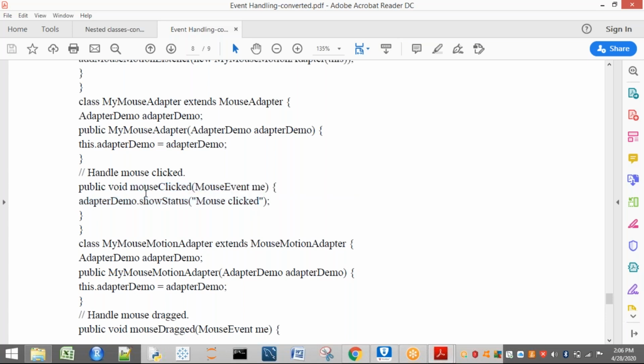What about mouseEntered, mouseExited? The remaining methods are not necessary because I am extending the MouseAdapter class to handle the mouse events. If I use the listeners, then it is compulsory that you implement all the methods. But I'm using mouse adapter, so whatever methods I require, only those methods can be implemented or used. This is the concept of adapter class.